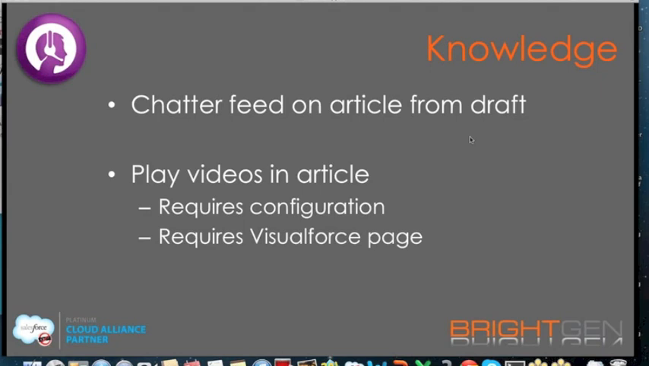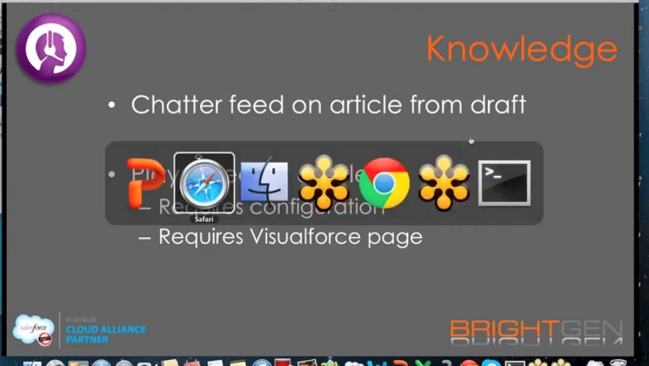It's not just as simple as dropping a link to a video into the page, unfortunately. It requires a little bit of configuration. You have to enable multimedia content from the knowledge settings menu. You also have to create a Visualforce page, and that's the thing that has the embedded player. And then in the knowledge article, you have to include the Visualforce page because you can't include it directly. So if we have a look at that,